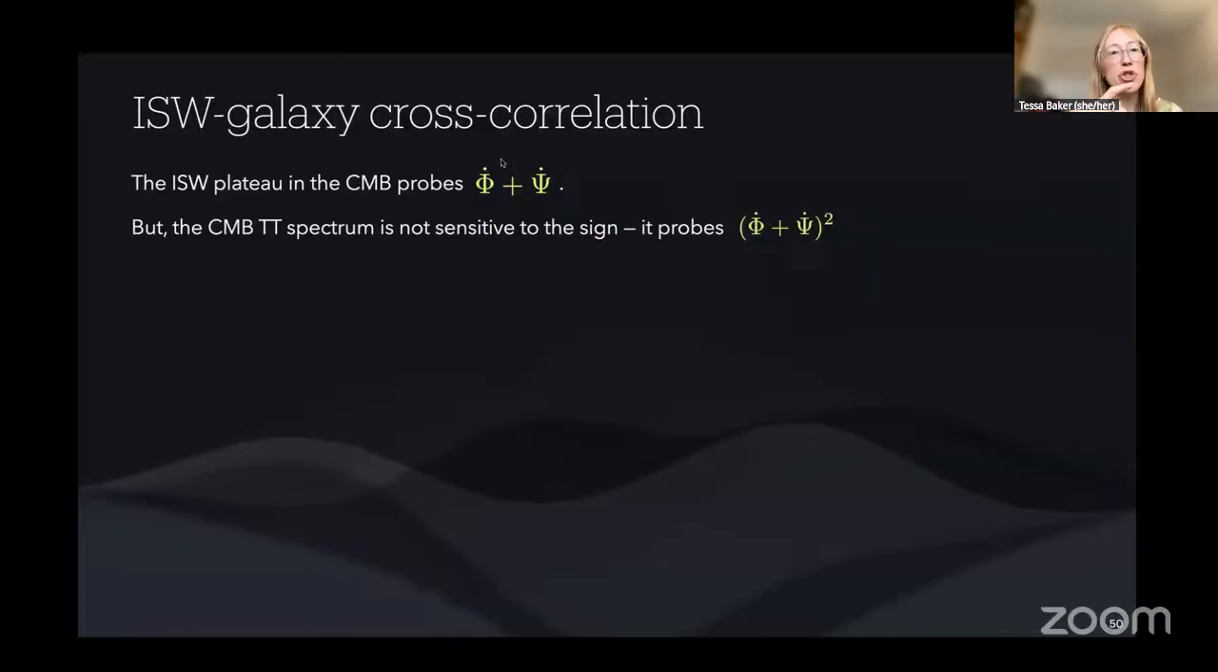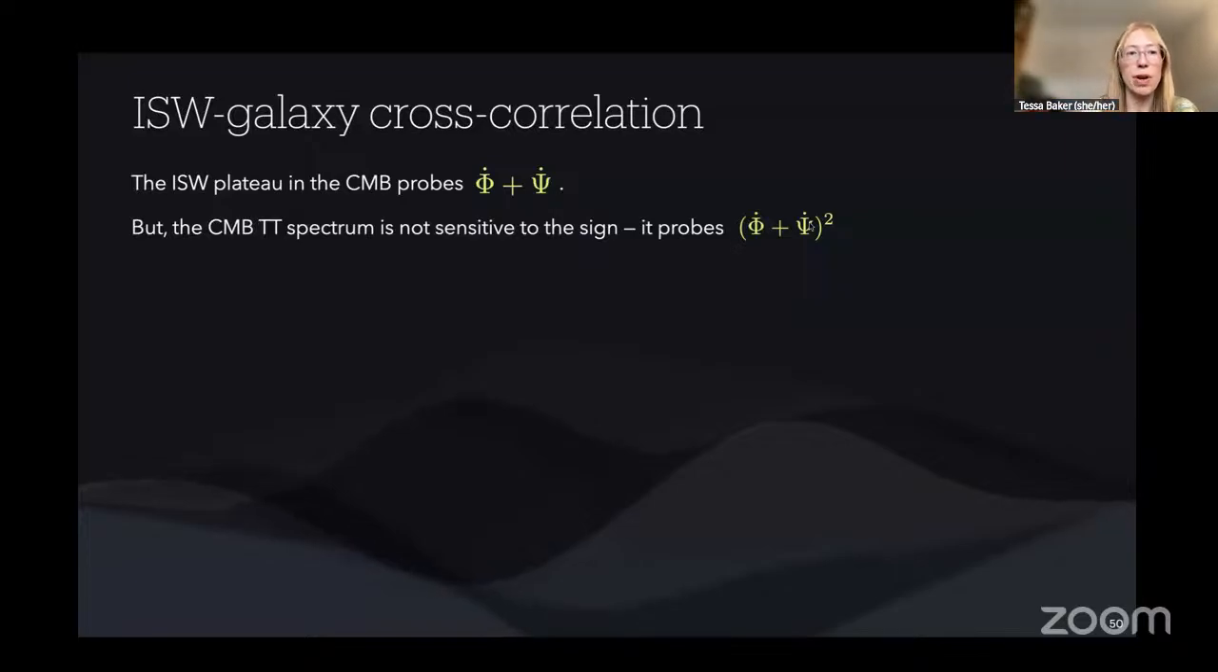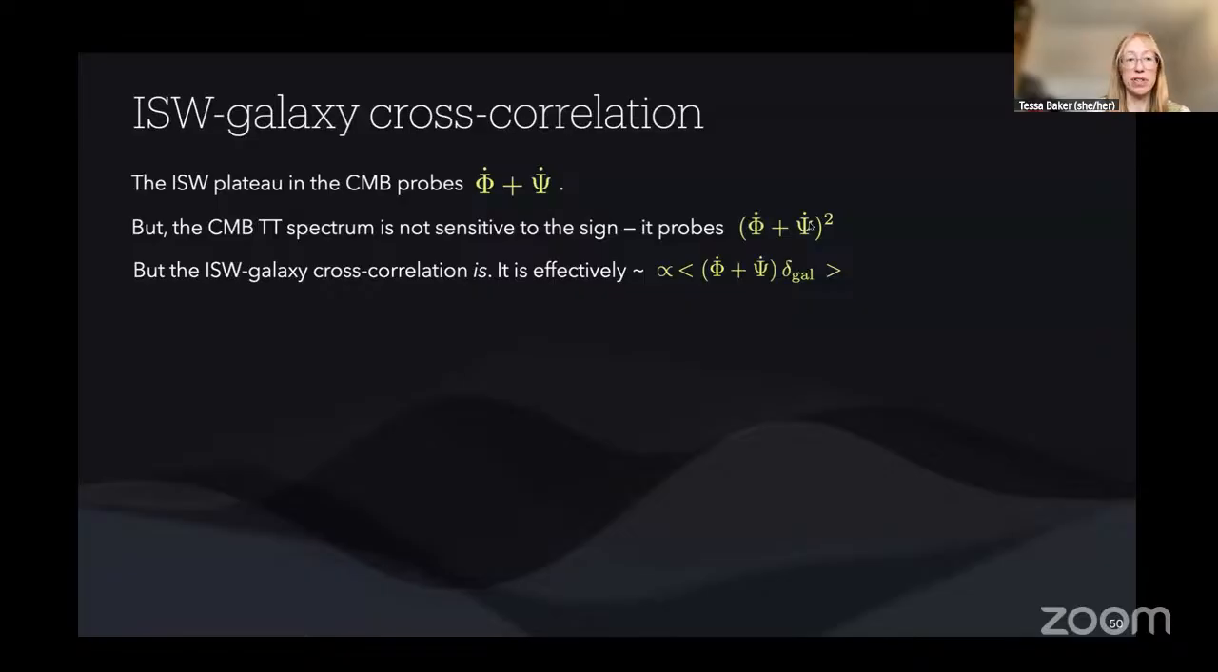But actually, if you just use the CMB data, that's not sensitive to the sign of this quantity, because the CMB temperature power spectrum is like temperature fluctuations squared. So it kind of probes that quantity squared, and therefore it doesn't know if that quantity is positive or negative. However, there's another observable you can form, which is a cross correlation between the CMB, particularly that ISW plateau, and